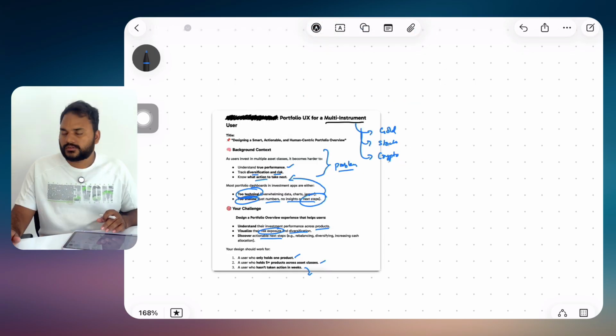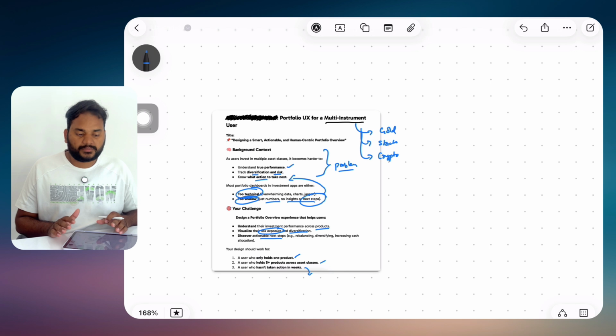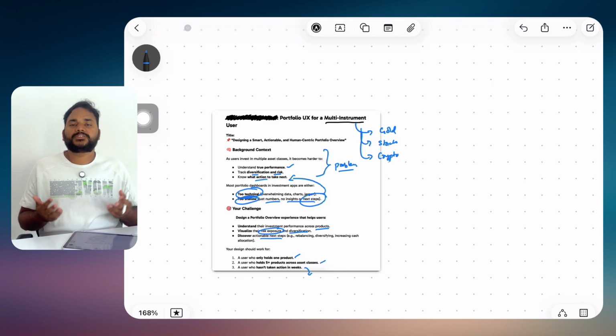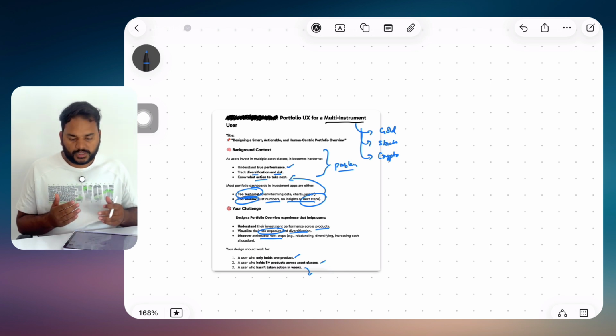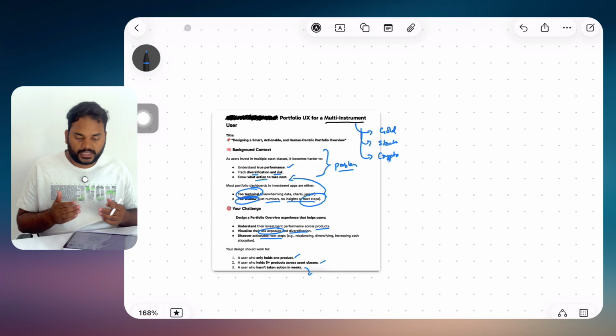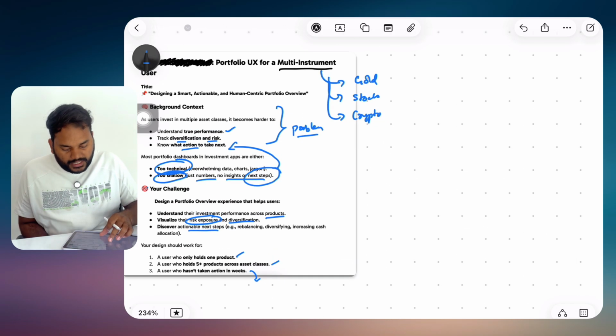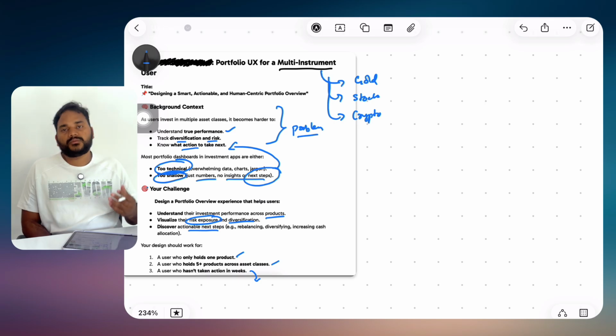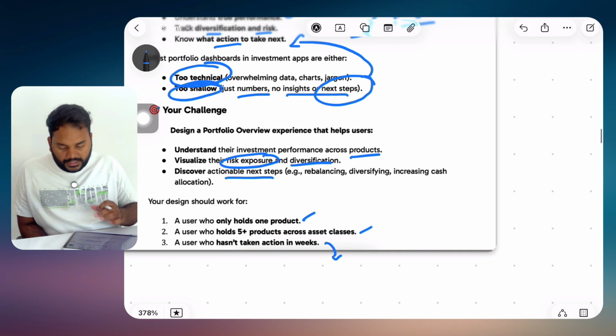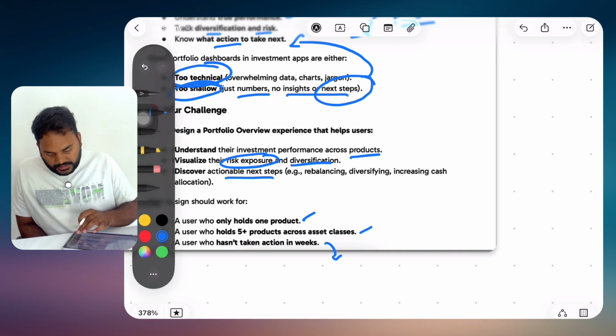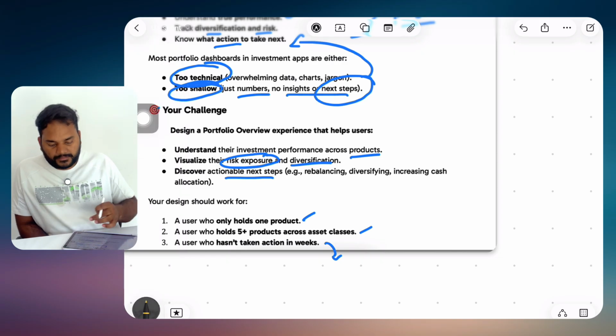So moving on. Whenever you are doing any work like this particular design sprint, think from the business perspective and also from the user perspective. Whatever context and information we are given in this particular document is totally about the user, but you need to understand what could be the possible outcome for the business. So if you see that there are 3 types of users, these 3 types of users need to have some input in the business outcome.